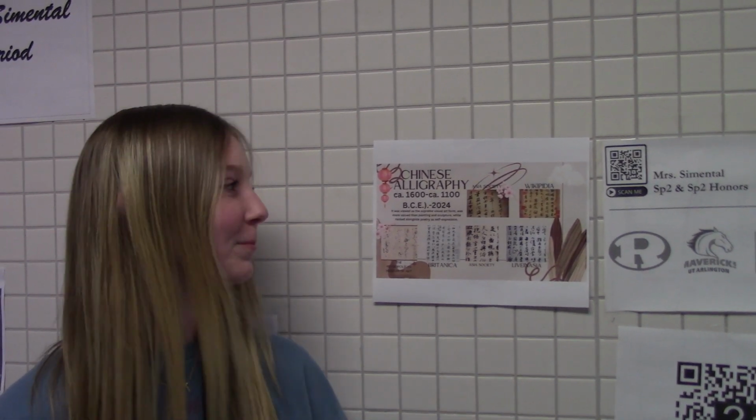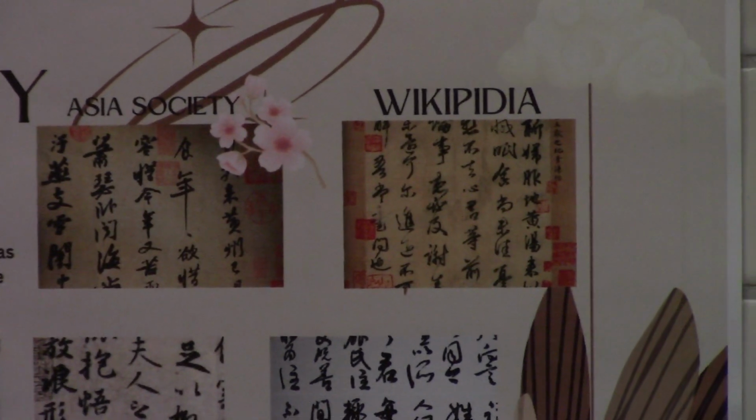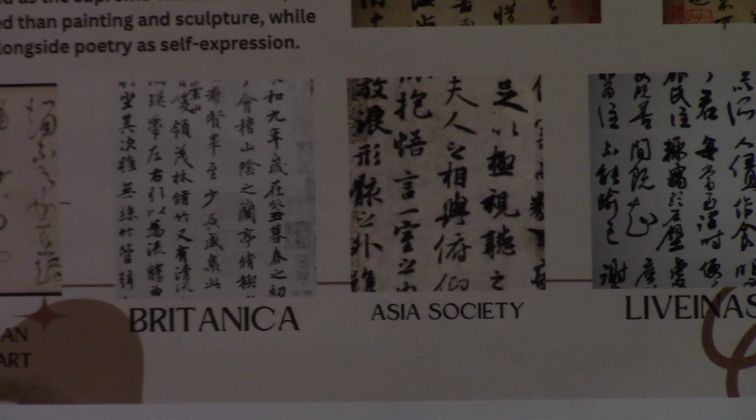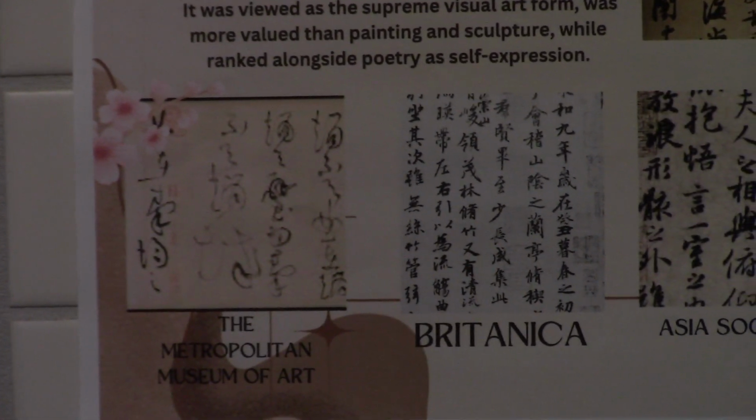Okay, so my era was Chinese calligraphy, and it was viewed as a supreme visual art form, viewed higher than sculpture and painting. The brushes that they used were either hard brushes or soft brushes to get the movement of the strokes. And the art really revolved around line and shape to get how it looks. And during this time, it was early Chinese